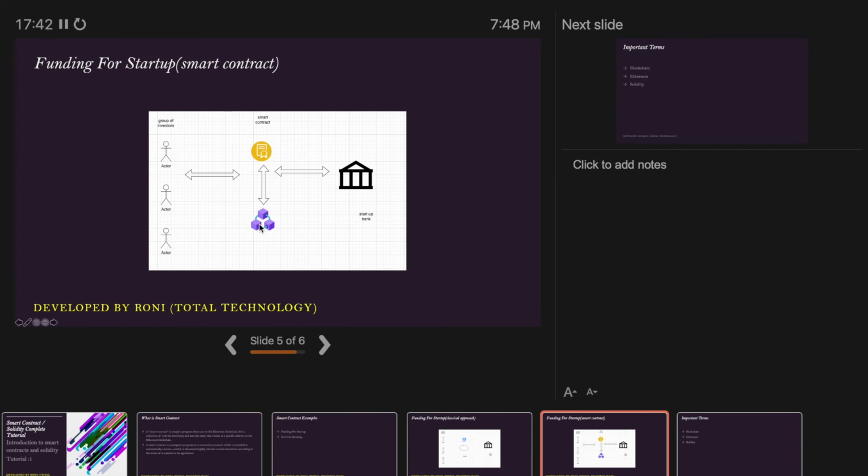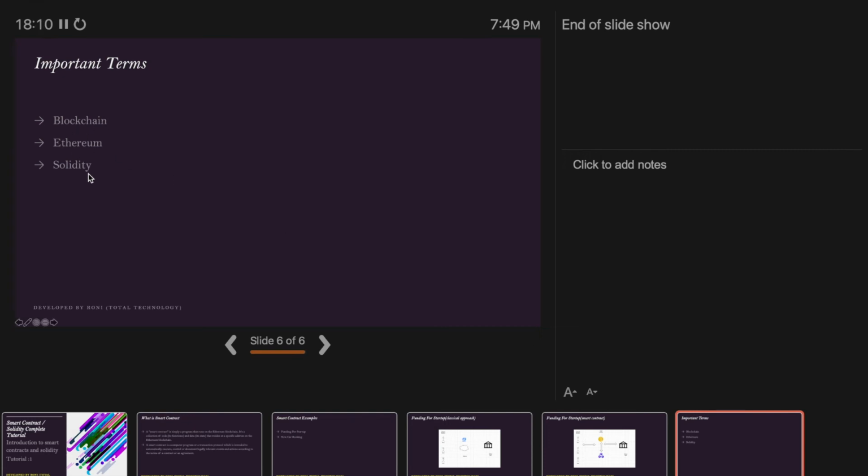Okay, so smart contracts generally are for the Ethereum blockchain. You have to remember, yes, Bitcoin has some sort of facility as well, but the facilities are very limited. When you talk about smart contracts, you can always think about Ethereum, because Ethereum is a blockchain or network which actually gives the facility for smart contracts. Okay, so in the next slide we're going to talk about something interesting: blockchain, Ethereum, and Solidity.